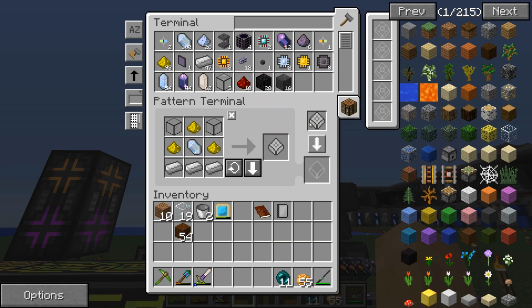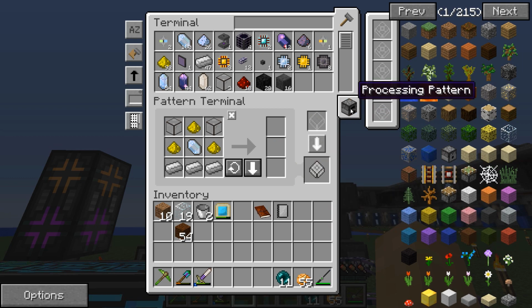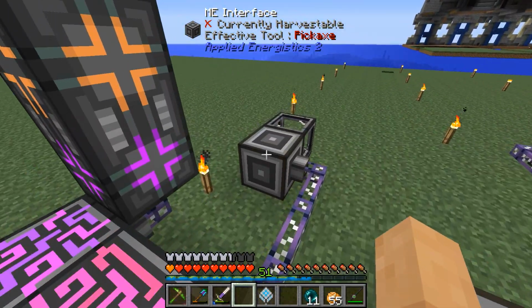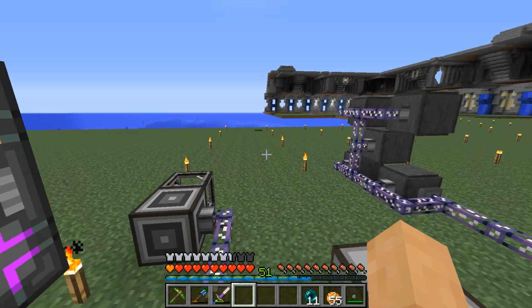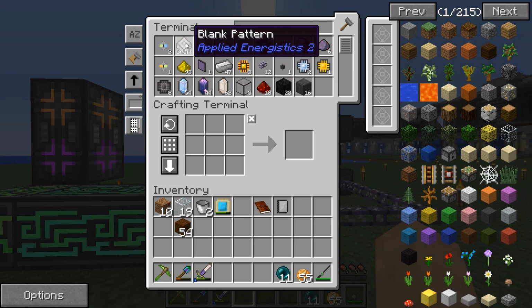And to do this, you need a blank pattern. Boom. You craft it up on crafting mode. There's also a processing mode. And we take that pattern and we can put it in our ME interface. Now, if we look here, there's a blank pattern here